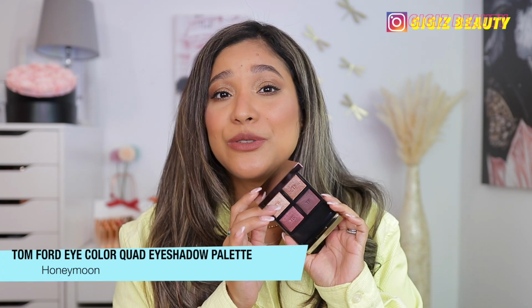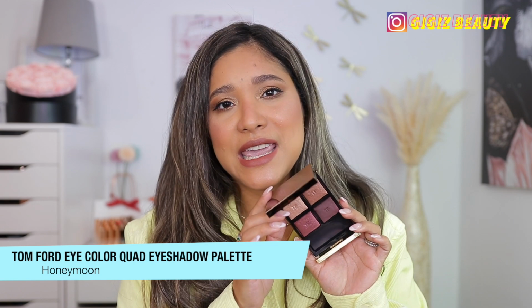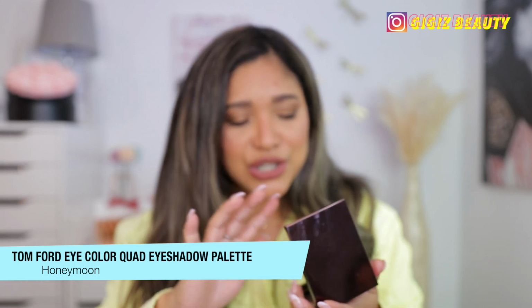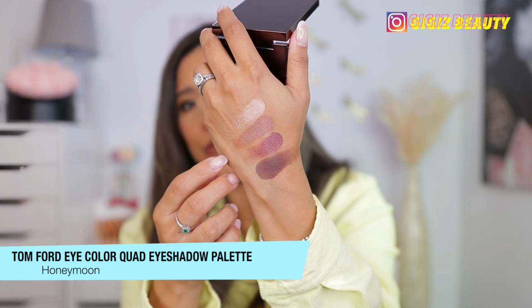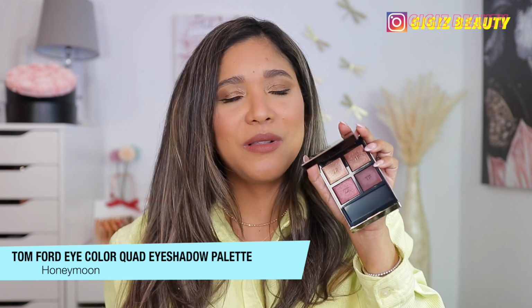Next up we have a little palette by Tom Ford, and I don't usually talk a lot about Tom Ford palettes because they're a little bit of a hit and miss for me. I love his wet to dry formula the most, so today I wanted to recommend Honeymoon. Honeymoon is a good palette, just an easy palette. So these are the swatches in Honeymoon, and this is just a very good palette, just really easy to apply,